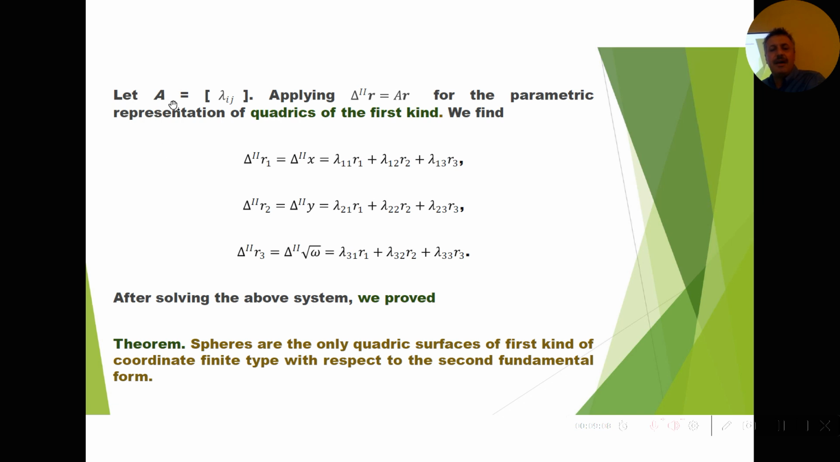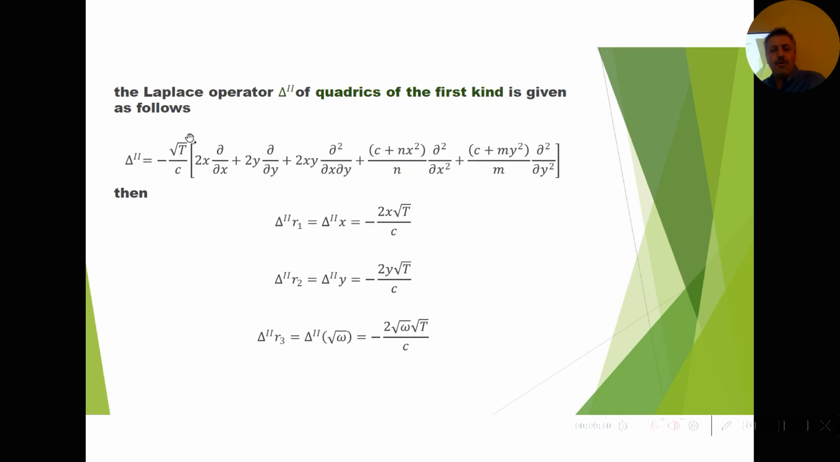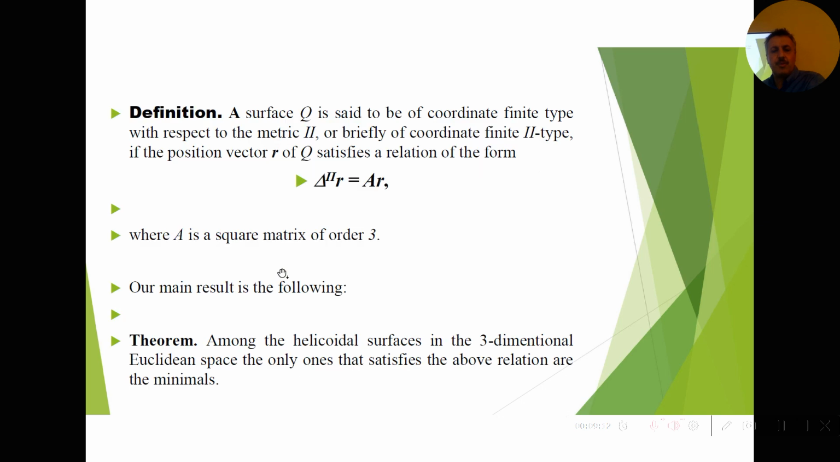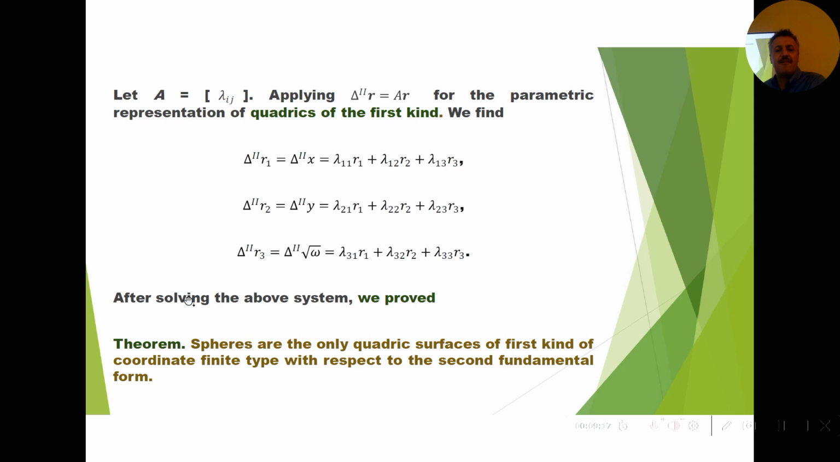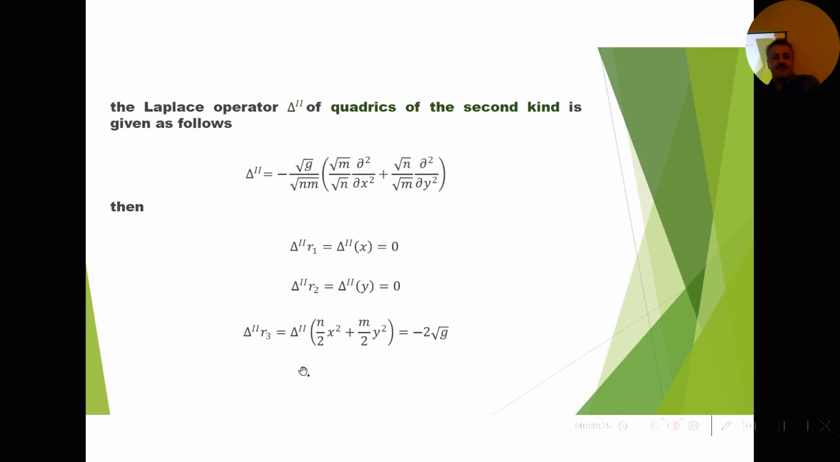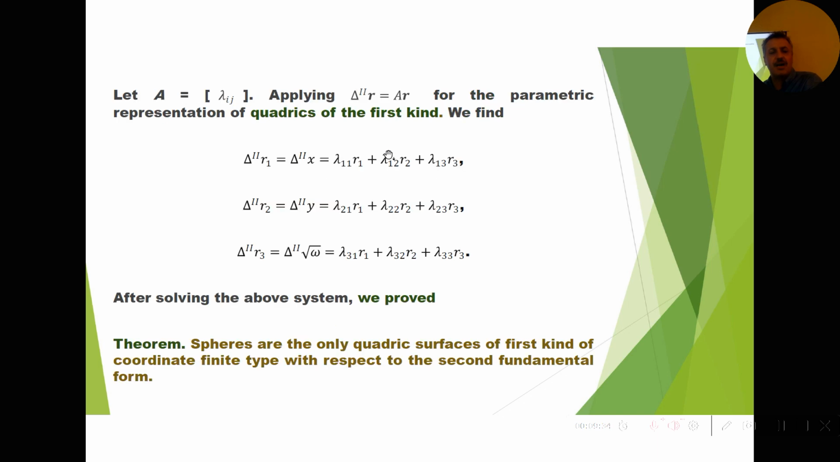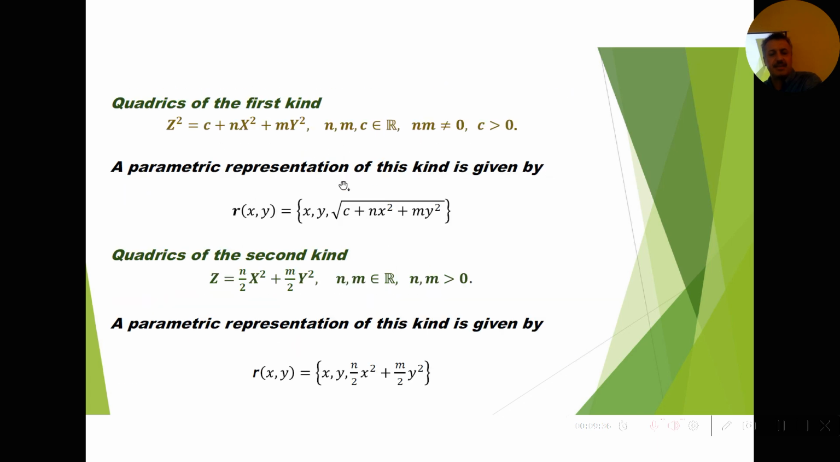Now we apply all these to this relation. After solving the system, we can prove that spheres are the only quadric surfaces of the first kind satisfying this relation with respect to the second fundamental form. Now, for the Laplacian of the quadrics of the second kind, which I mentioned here,